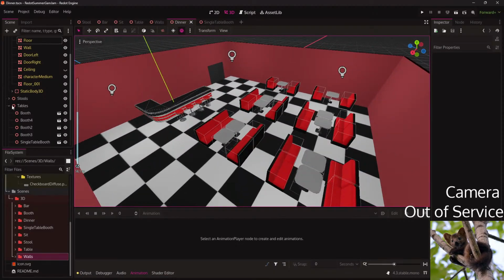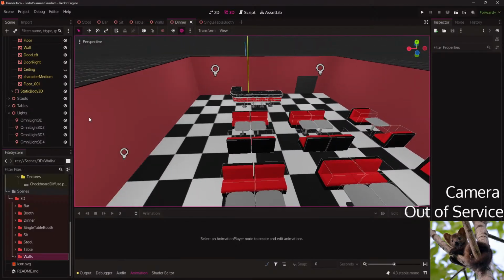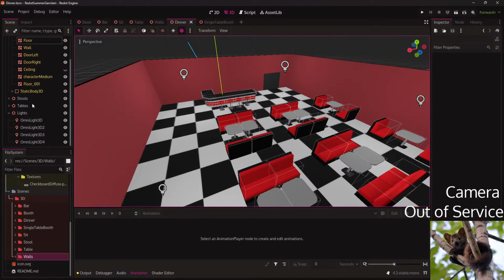Anyway, we should be good. I just need to bring the character in now.